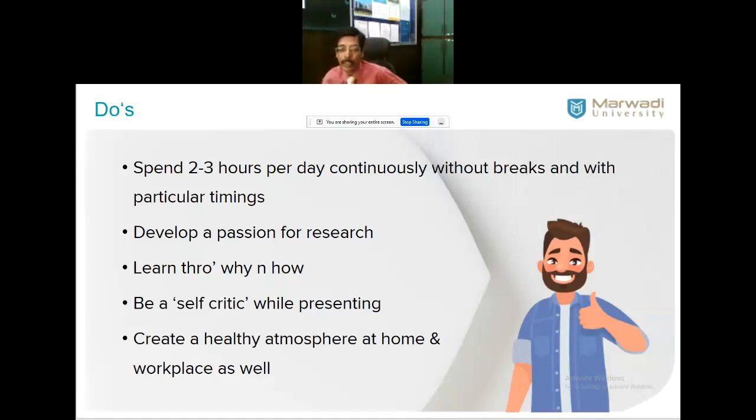That's also very cool. If you have some fight at home, if the other members don't feel the necessity of research, then it is a problem. You can't do anything. So your partner, your kids, your parents at home, maybe sister, brother, they should understand the value of your work, your PhD work. They should respect your time. This is what certain don'ts are from my experiences. It may not be available in any book. My own stuff.